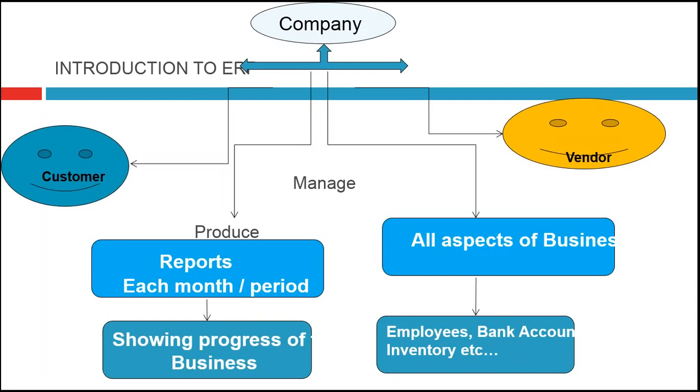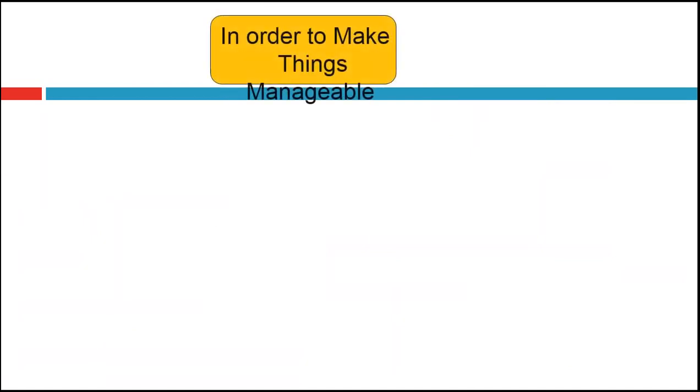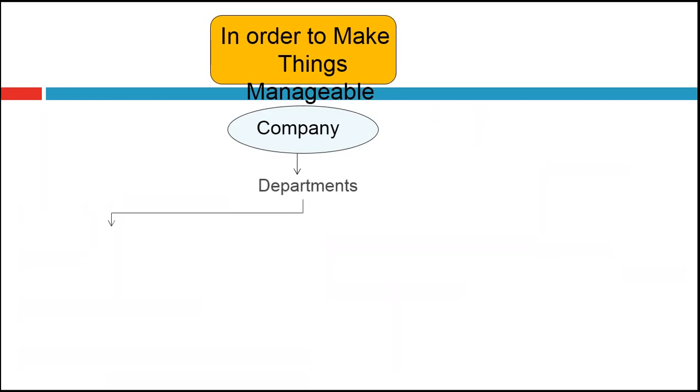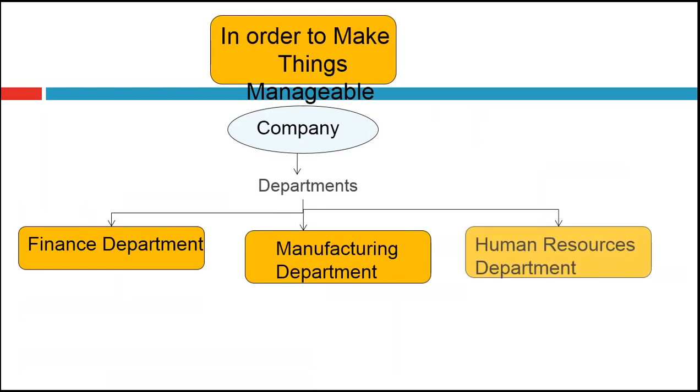Obviously no. If you see an example in supermarkets or fair price shops, each and every department is managed by a skilled person who has knowledge of that particular department. So in this case, to make things manageable, the company has introduced departments in each and every company, like finance department, manufacturing department, human resource department, etc. When the customer has given an order, the order status will be passed from one department to another department.